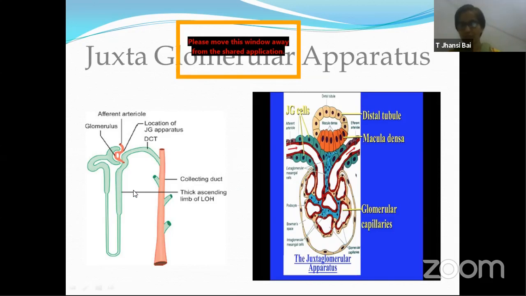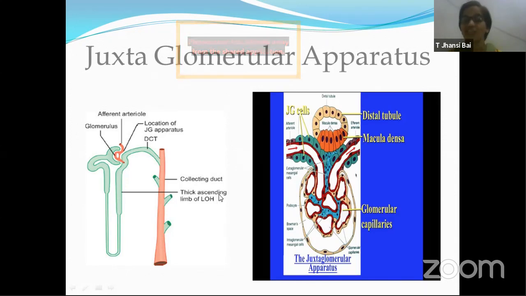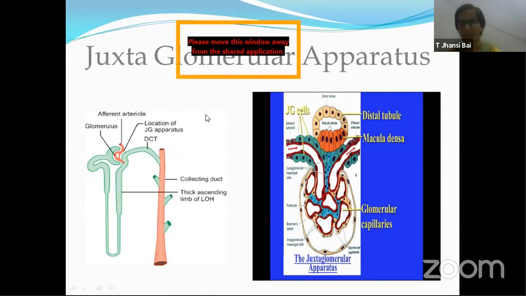We know the connection. Water always moves wherever the concentration is more. So when sodium is reabsorbed, the DCT and collecting ducts take a lot of sodium, and obviously from this nephric filtrate, water is reabsorbed. When water is reabsorbed, what happens to blood volume? It increases. When blood volume increases, blood pressure also increases. This is how the juxtaglomerular apparatus helps in bringing about the osmoregulation process.